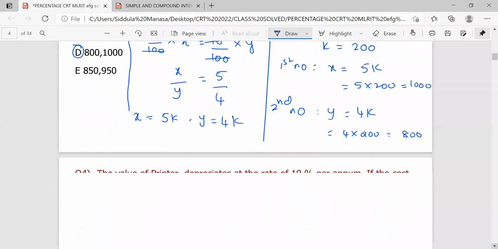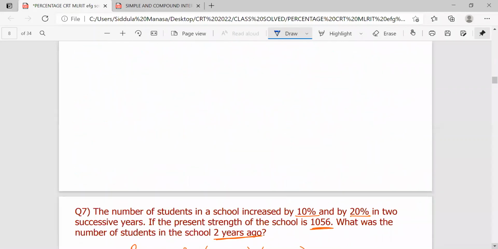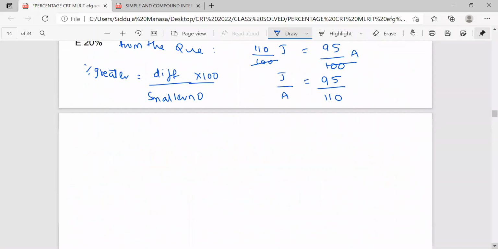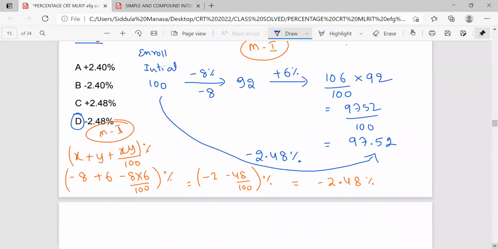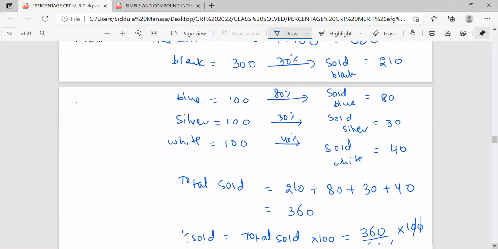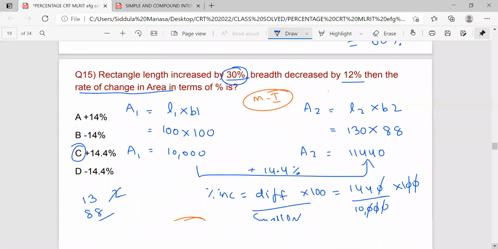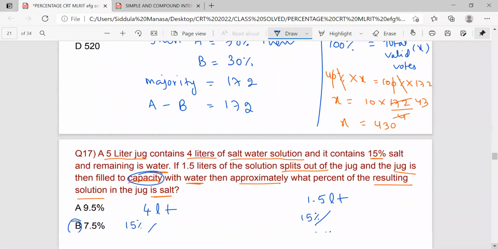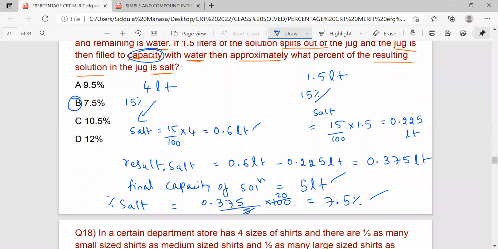I think we have discussed up to 15 questions. So let me check. I already gave the assignment on percentages. How many of them finished? Raise your hands, comment in the comment section. Students, how many of you are done with the assignment on percentages? When you come to the offline sessions, definitely we are going to check the updated class notes as well as collect the assignments on each topic.